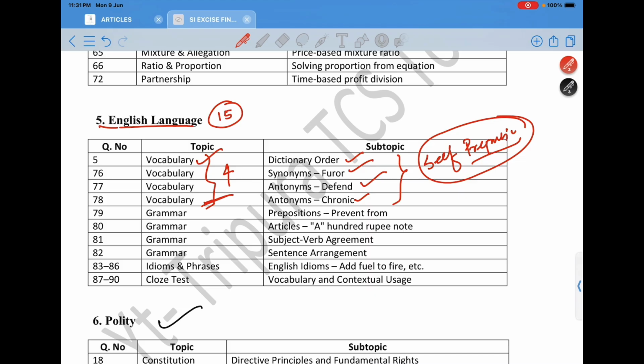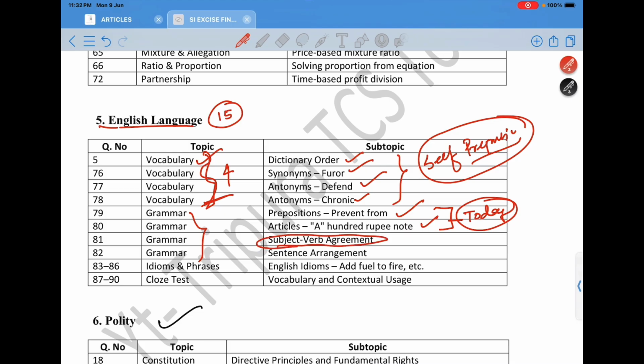No one can teach you. You have to learn on your own, by reading books, notes, PDFs, whatever you have. So this I will not teach you. Next, there have been 4 questions from the grammar portion. What are those? Preposition and article. These two we will cover today. Then there are some questions related to verb arrangement.